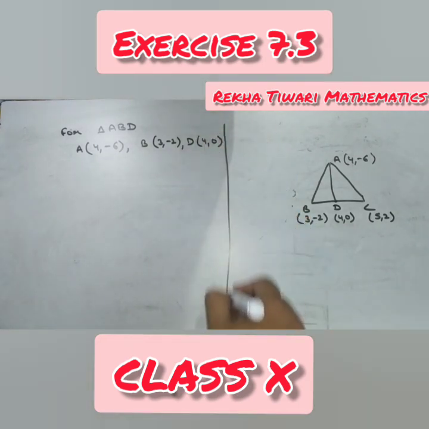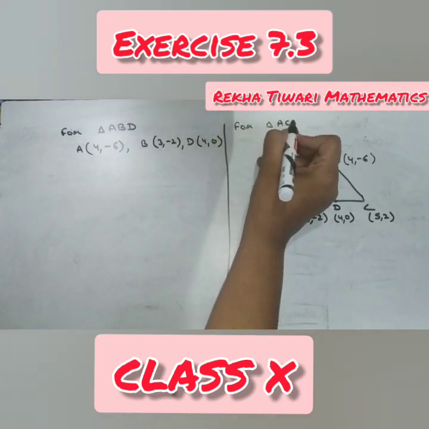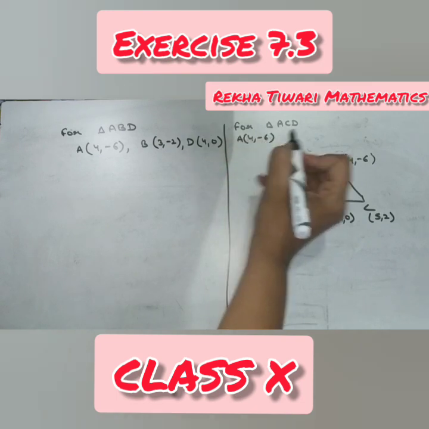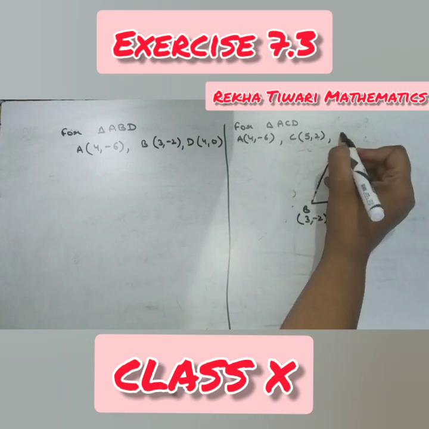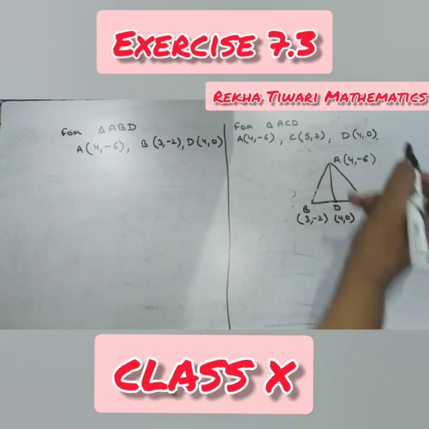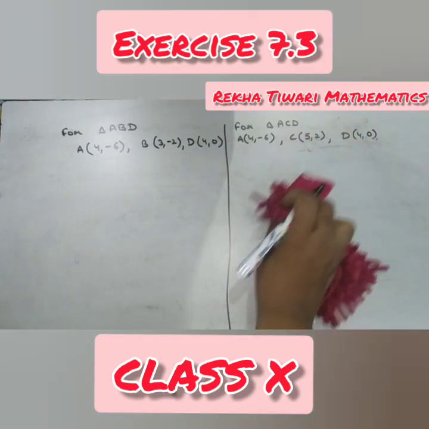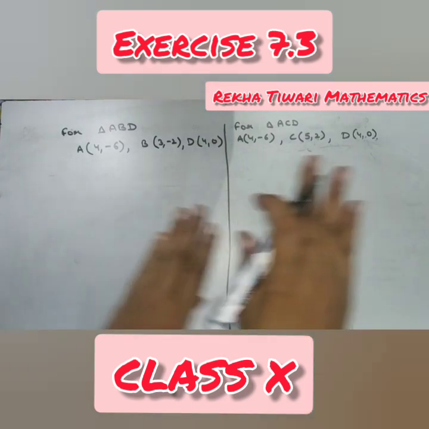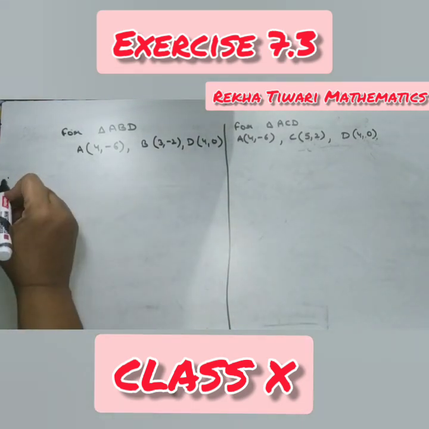And for triangle ACD, A is (4, -6), C is (5, 2), and D is (4, 0). Let me rub this figure now. So I have to solve area of triangle ABD, I have to solve area of triangle ACD, both should come equal. Therefore,